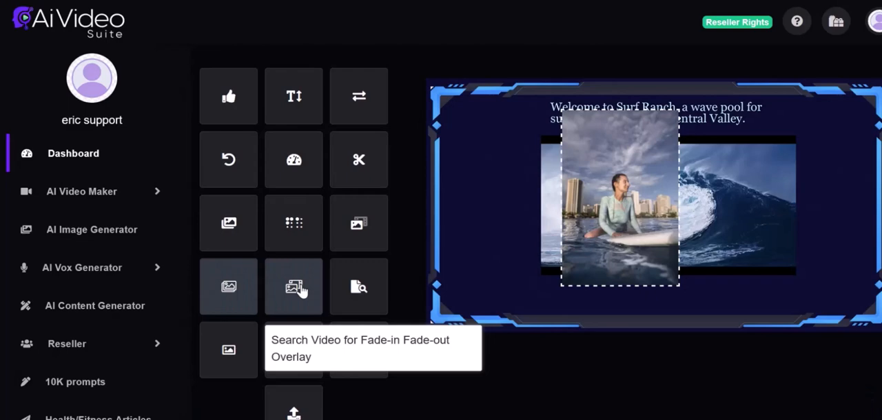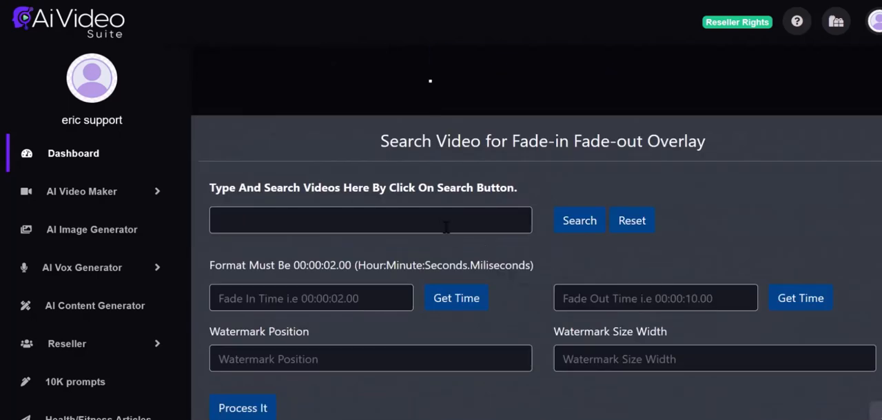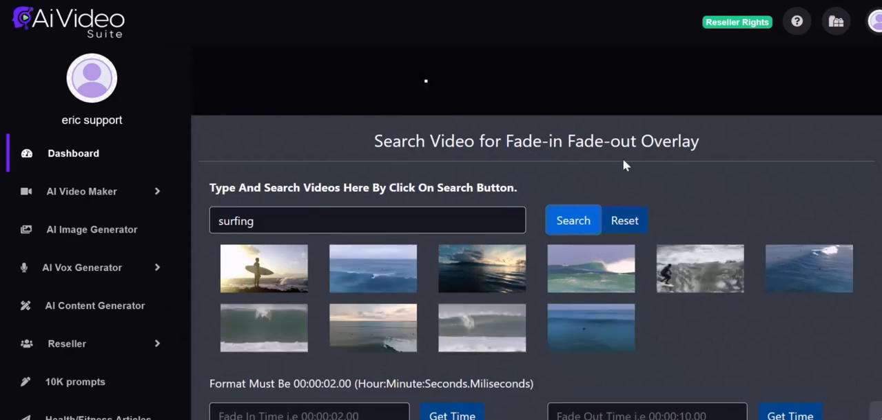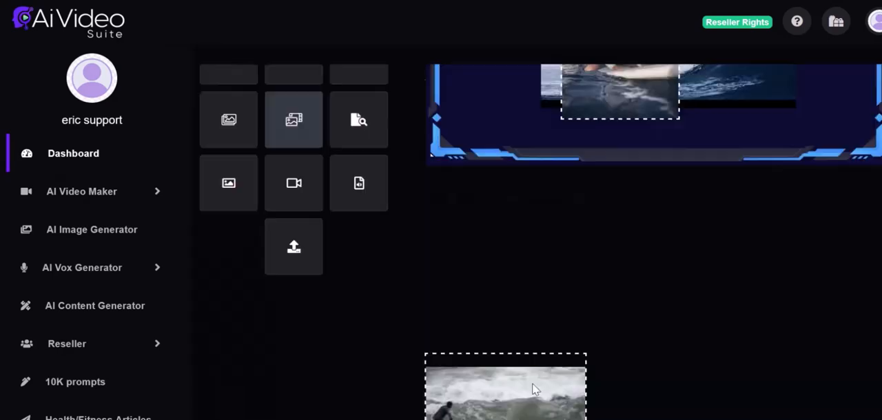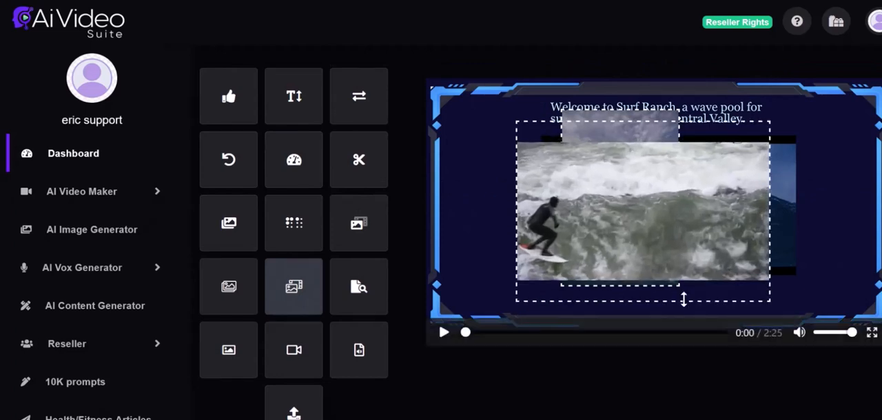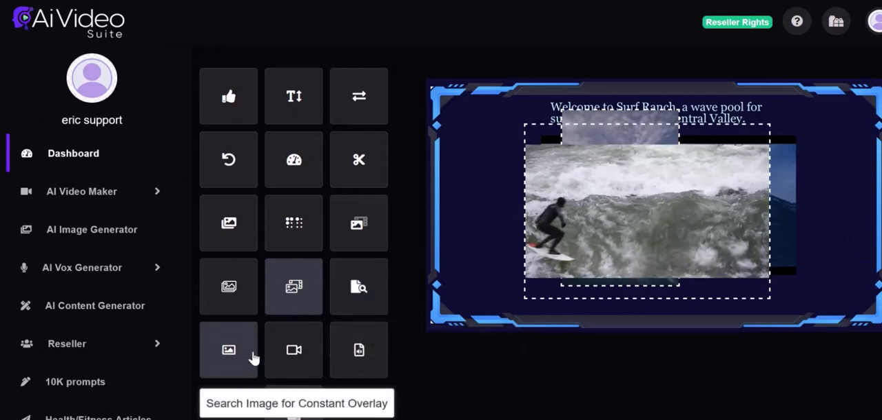Again, for the sake of time, the next tool is search video for fade in, fade out overlay. It's basically the same thing that we just did, but instead of a static image, you're going to search and it will pull up stock videos. So as you can see, we could grab any of these stock videos just by clicking the plus button. Moving on to the video in the location that you choose, and then you can drag it to size as well. We then have search video for constant overlay, search image for constant overlay, overlay existing video from my videos,